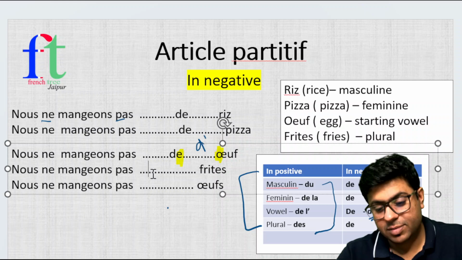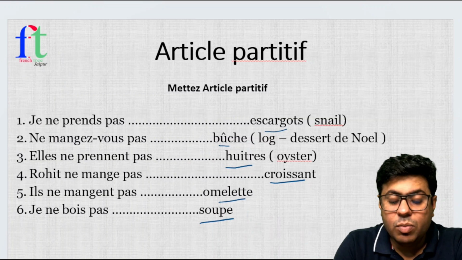So let's have an example of this one. All are in negative form. What do you have to find out? You just need to check the gender of what you are having. I'll solve any one with you. Let's take 5 or 4, whichever one you like. Okay, let's take 5. Il ne mange pas omelette. The gender of omelette,